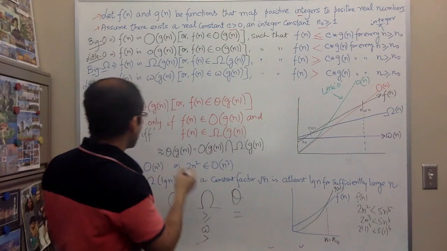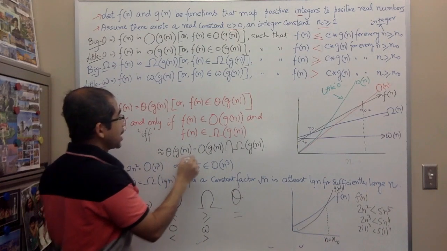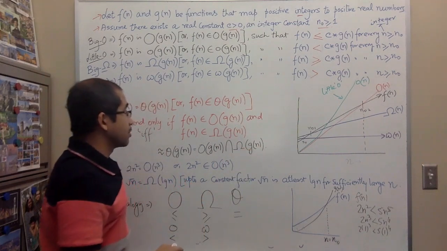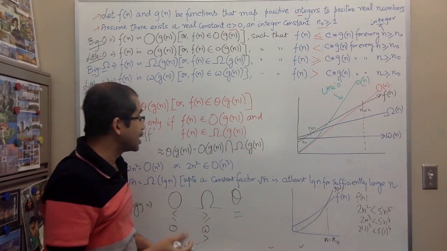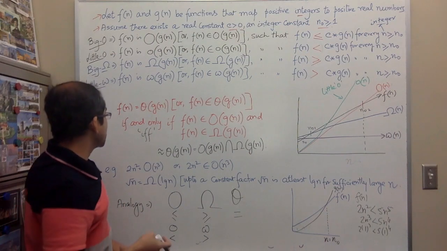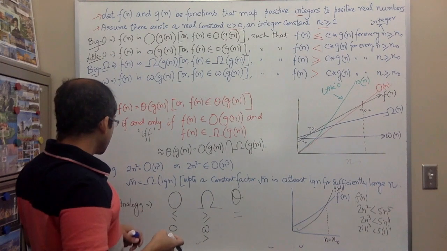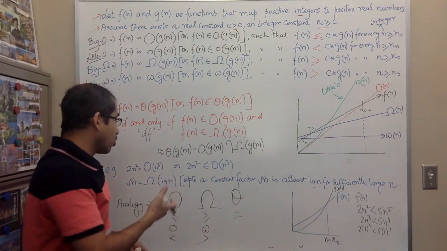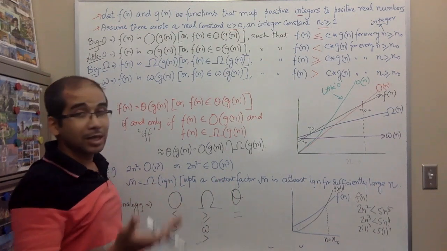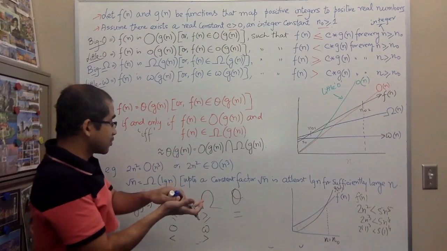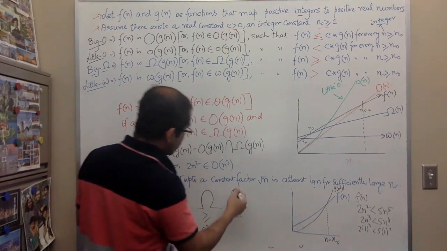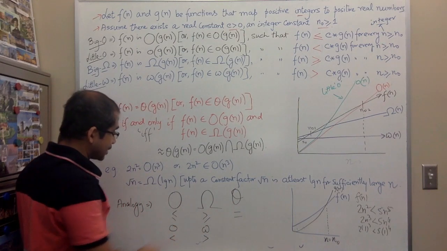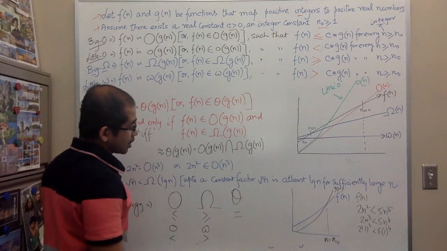So that's why we can also say theta of Gn equals big O of Gn intersection big omega of Gn, the intersection of both, and then you will get the theta of Gn. So theta is like equal to: big O is the upper bound, big omega is the lower bound, and when both bounds are satisfied we have equal to, and it's called theta. So we have small o which is like less than, small omega which is greater than,